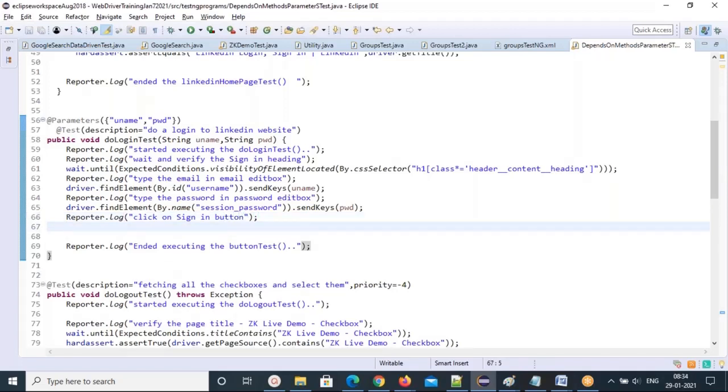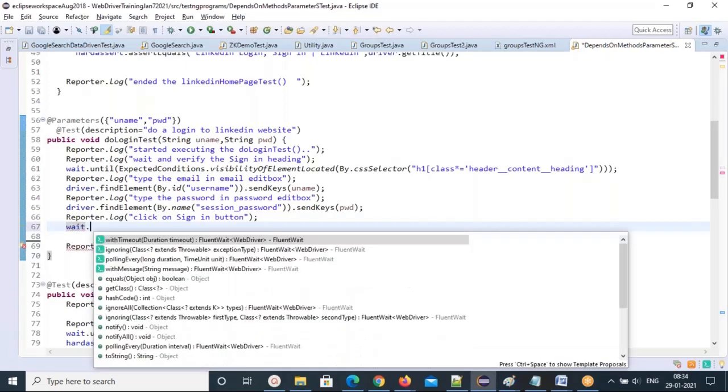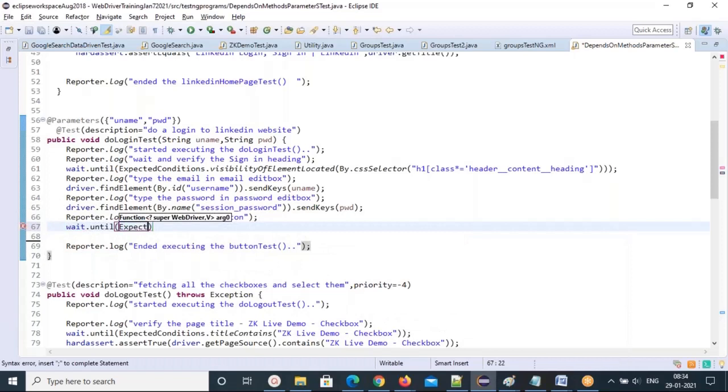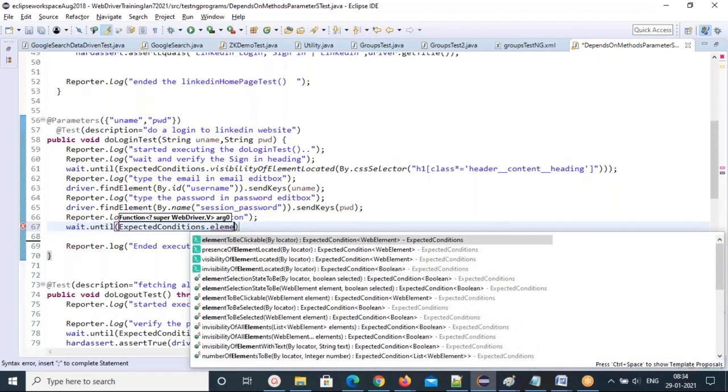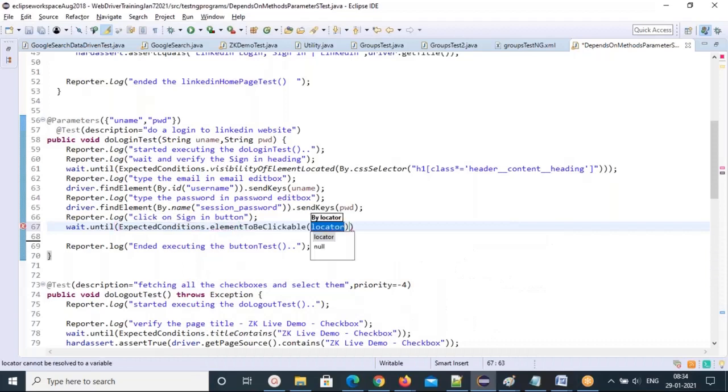You can do one more thing: you can check whether this is clickable or not. Let me use wait.until(ExpectedConditions.elementToBeClickable, you can use. So By.xpath.